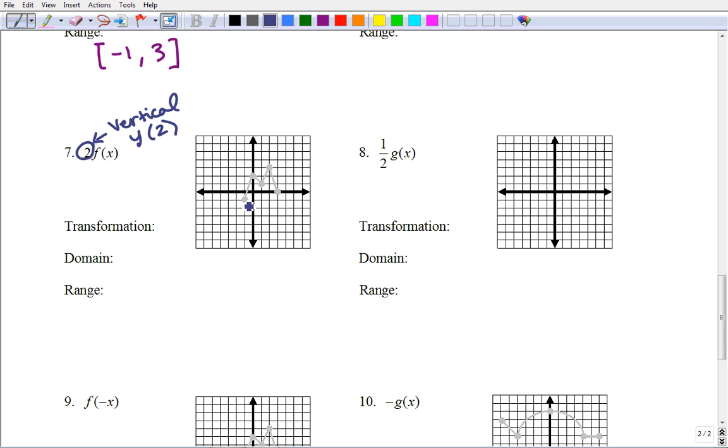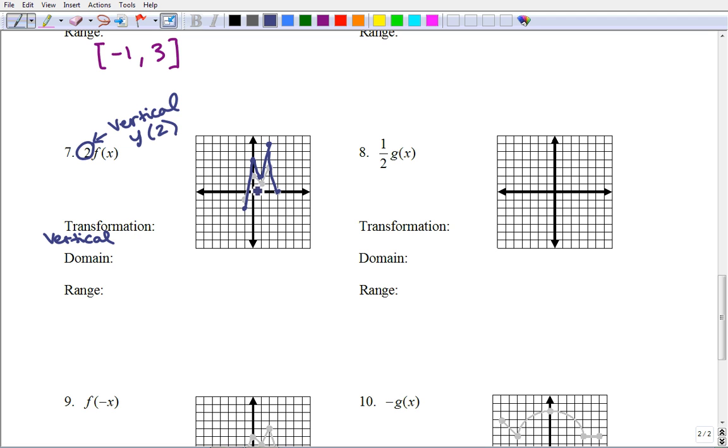So this had a y value of -1. Now it's at -2. This y value is at 2. Well, 2 times 2 is 4. This y value is 1 times 2 is 2. This y value is 3 times 2 is 4, 5, 6. This y value is 0, and 0 times 2 is still 0. So my new graph looks like this. So because we changed the y values, this is a vertical transformation,